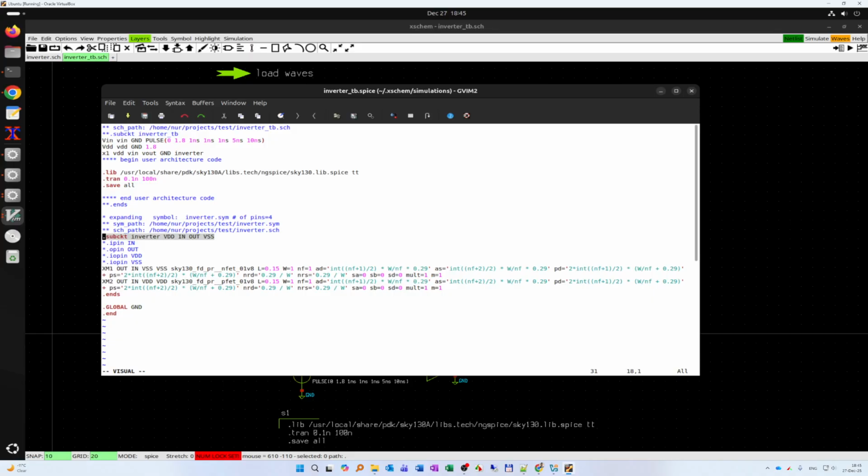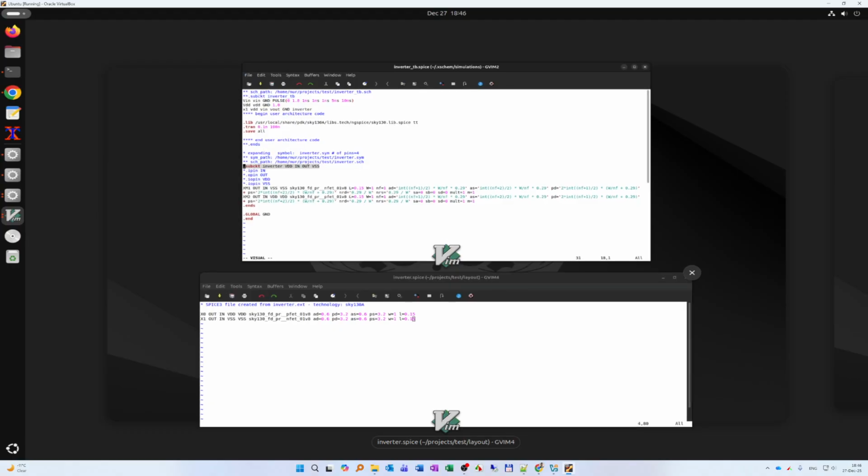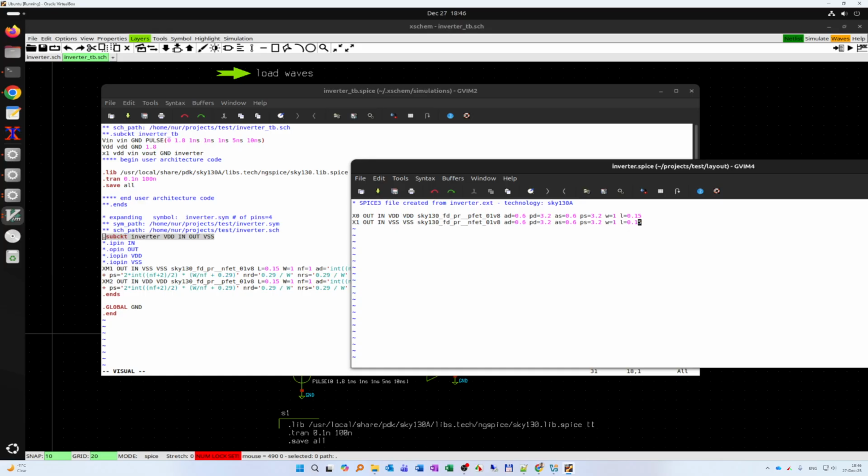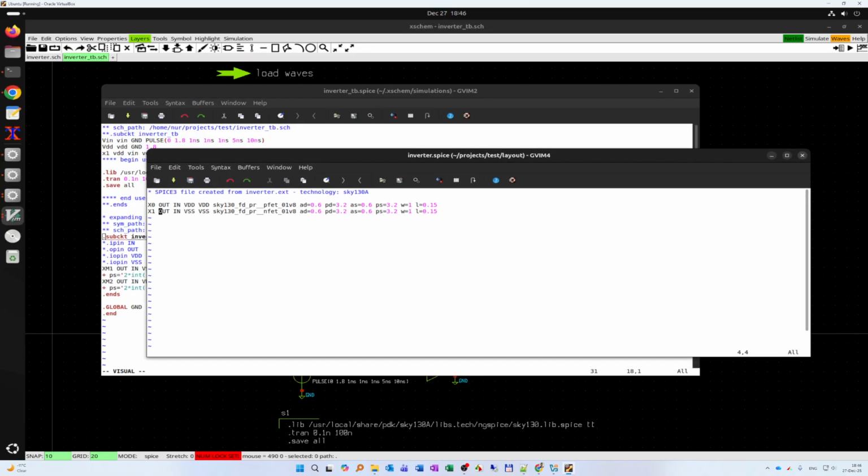This is the key point. We cannot directly simulate using this one, and also we didn't extract any parasitic capacitances. So first we need to extract the layout as a .subckt, and also we need to extract the parasitic capacitances from the layout. So in order to do that,